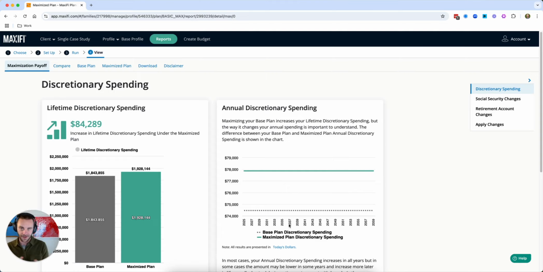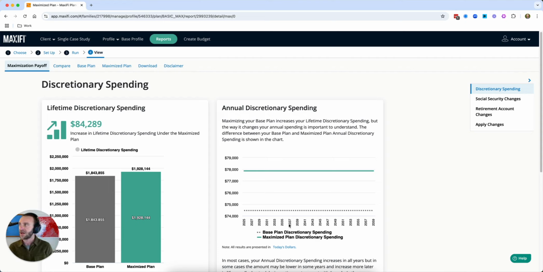That is certainly the case, and MaxiFi is capturing that. MaxiFi is also capturing some other interesting impacts, which are things like Medicare Part B premiums. So your IRMAA, or your Medicare Part B premiums, go through their own tax bracket, and that premium depends on your prior year's income. So we can also think about prepaying, or paying more in, Medicare Part B premiums now to potentially reduce Medicare Part B premiums in the future. Social Security benefits are also taxed at different levels depending upon your income. So they're going through their own tax brackets. So if you do more Roth conversions, you might actually pay less in taxes on your Social Security benefits